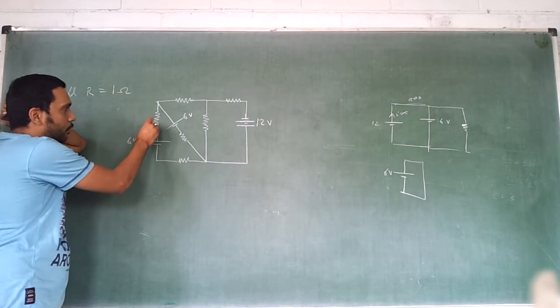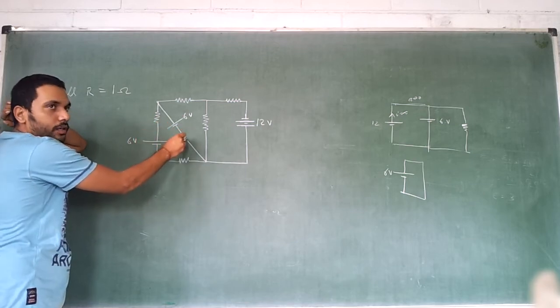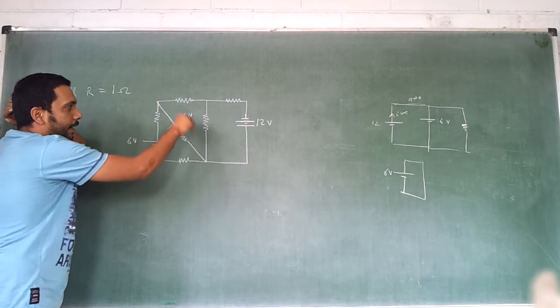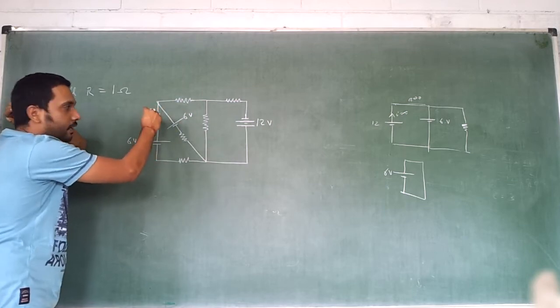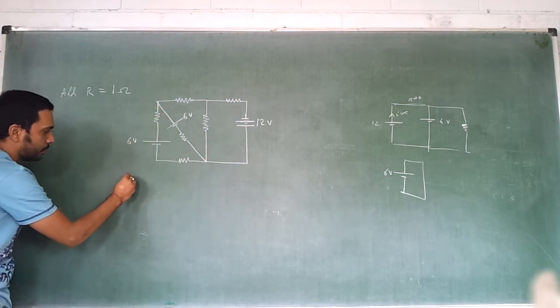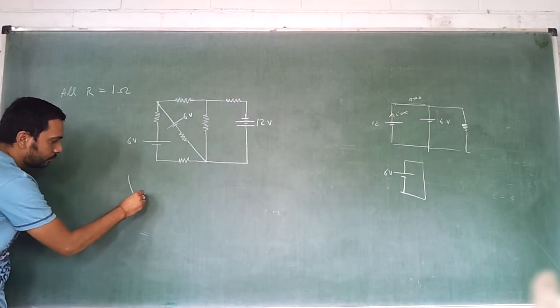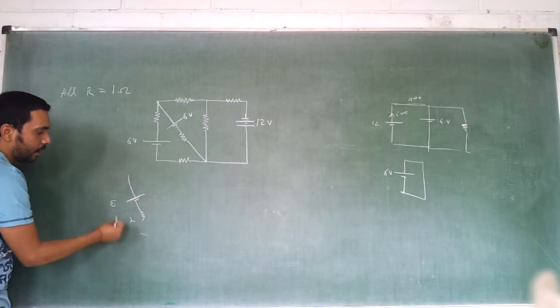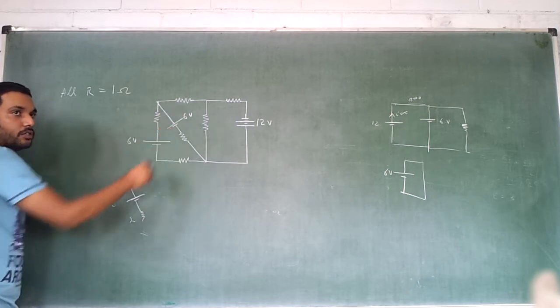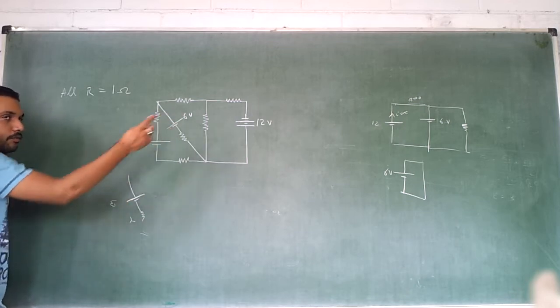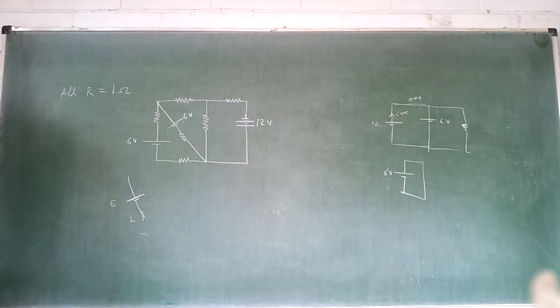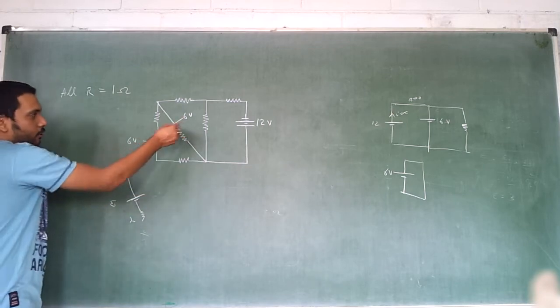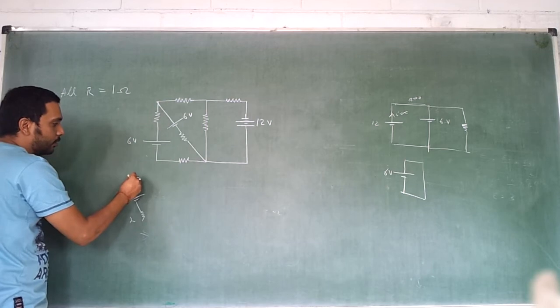So 6 volt 2 ohm and 6 volt 1 ohm parallel, I will make it as a single battery and single resistance, and it will come out to be something like this. Single battery E with a single resistance R given by 1 by 2 plus 1 by 1, and E given by the formula E1 by R1 plus E2 by R2. So these two become a single one, this remains outside, so this is there,